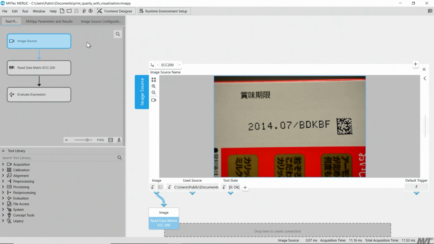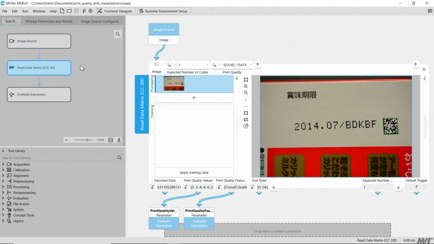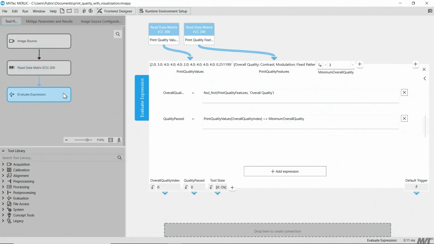We are acquiring images using the image source tool. Then we are reading the data matrix code from this image using the read data matrix tool. And for visualization purposes, we are using the evaluate expression tool to evaluate the overall print quality of the data code. But now let's take a step back and see how we can actually obtain the print quality values for